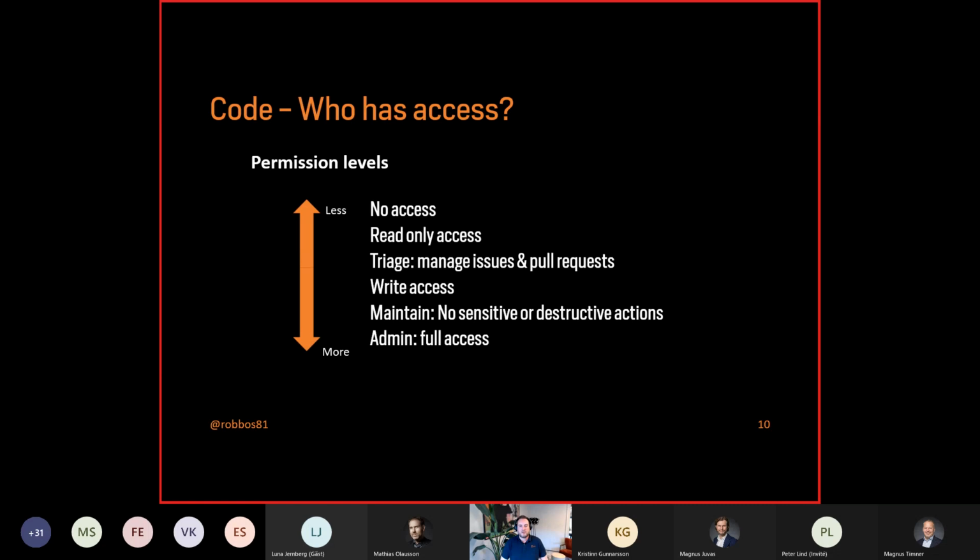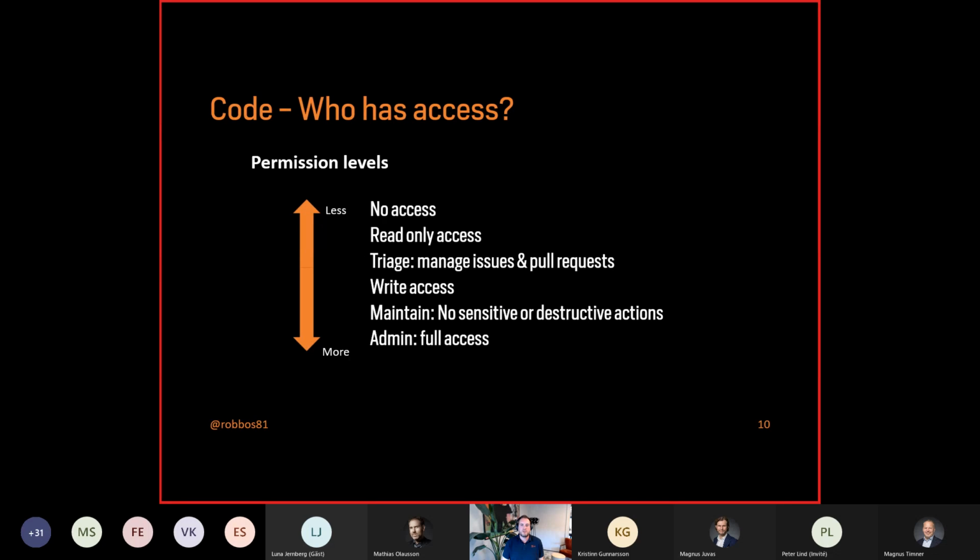For the permission levels inside of GitHub, there are different things that you need to know. In the basic, especially if you're running in the enterprise server, if you're not a logged in user, you have no access whatsoever into the environment. For GitHub.com, as soon as you log into that site, then every GitHub user that is being authenticated with GitHub.com has read-only access and can see all the public repositories in read-only mode.